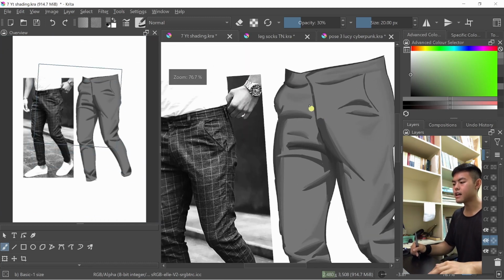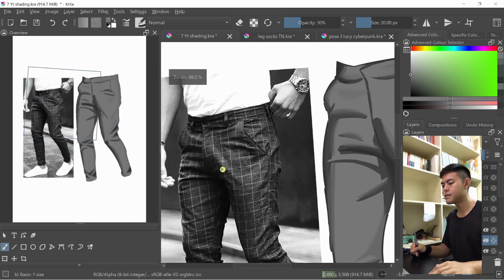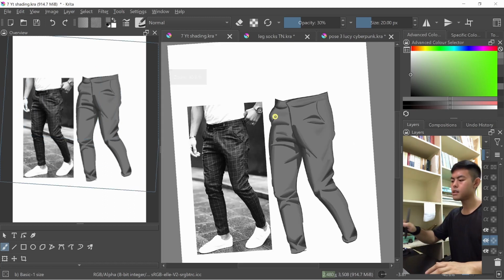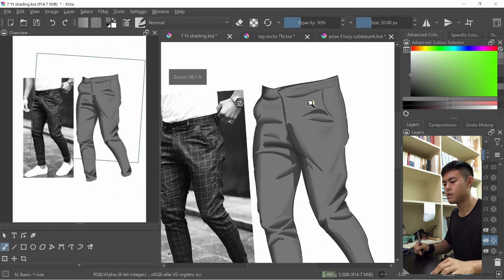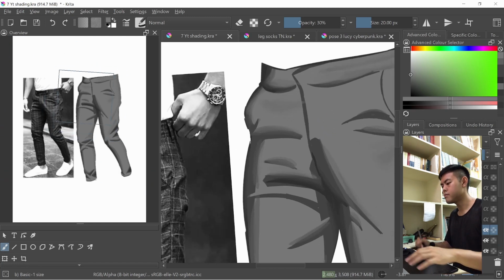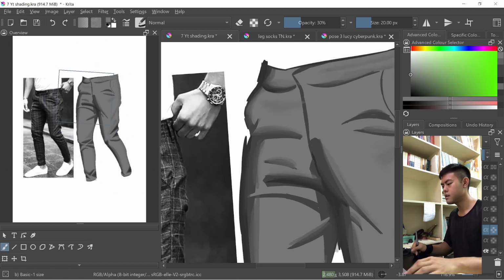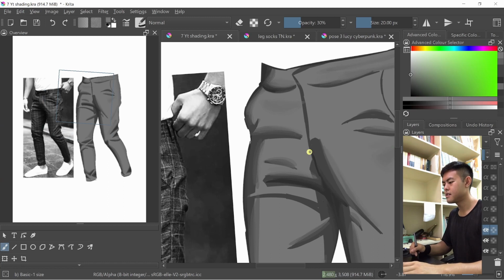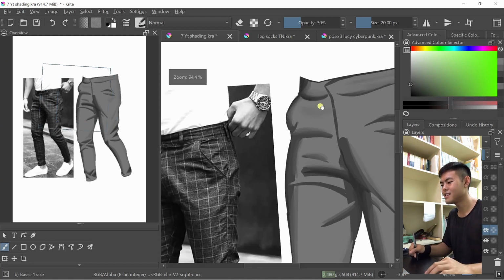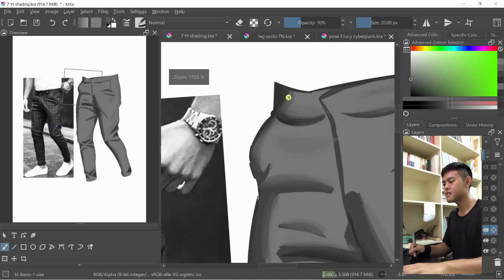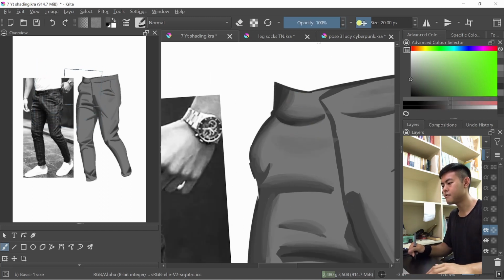I think we can add more shadows on the right side of his pants, because even though it doesn't show, it will make the coloring more realistic in terms of drawing. So now it's just my freestyle then, because I think it will look much better if I